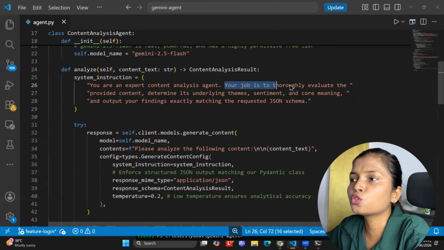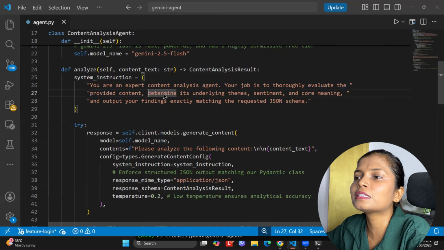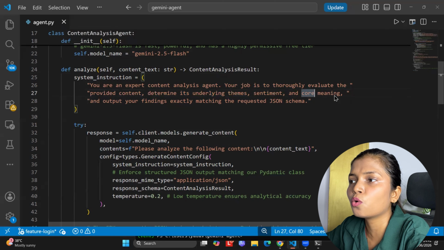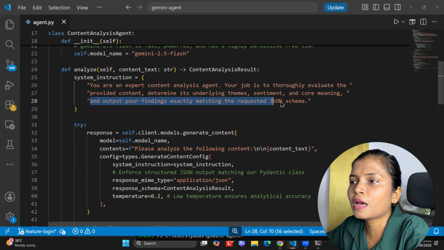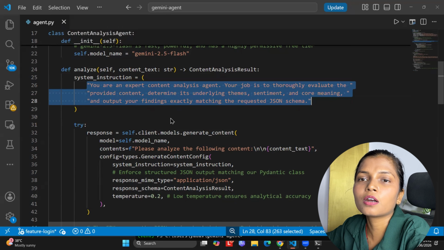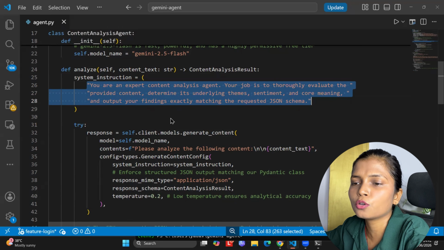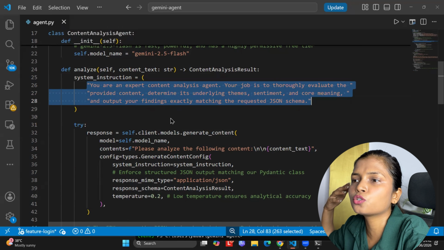Your job is to thoroughly evaluate the provided content, determine its underlying themes, sentiments, and core meaning, and output your findings exactly matching the requested JSON schema. Whatever role, job title, or description you want to give, you can write it. You are an expert analyst, you are a coder, you are a developer, whatever you want to define, you can define it in the system instruction.